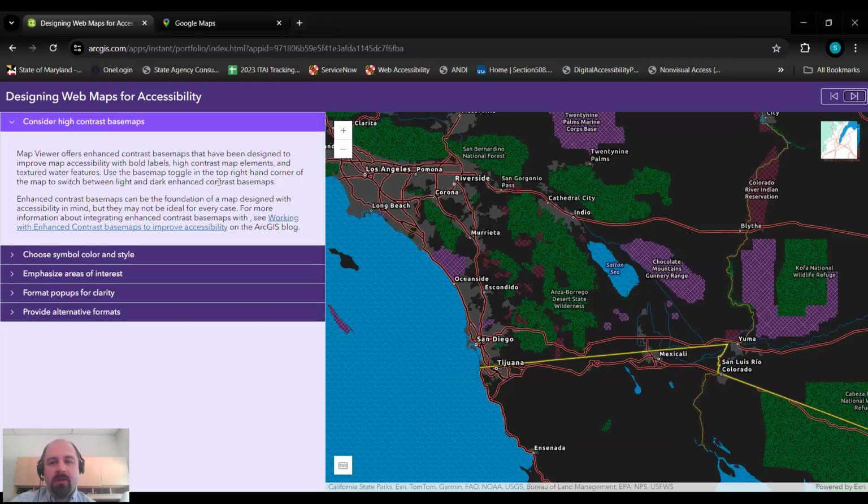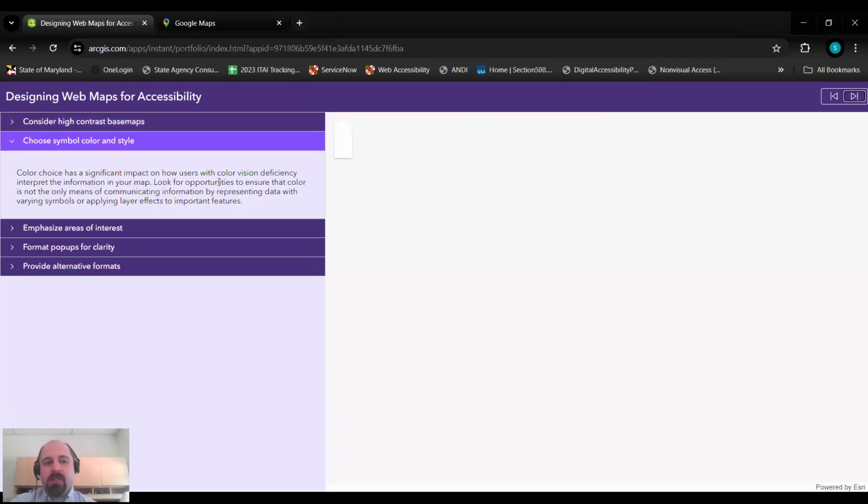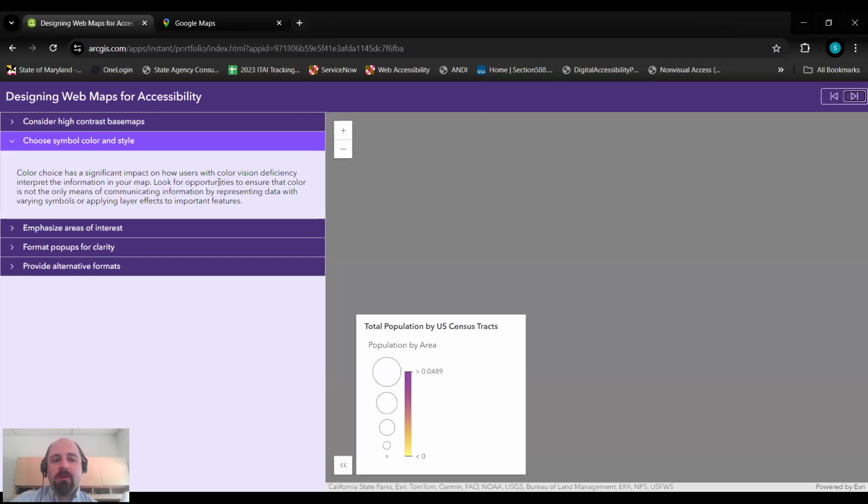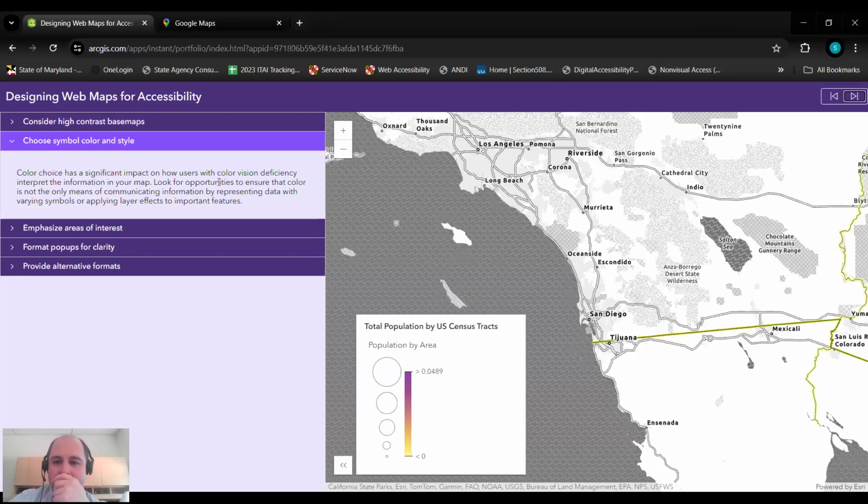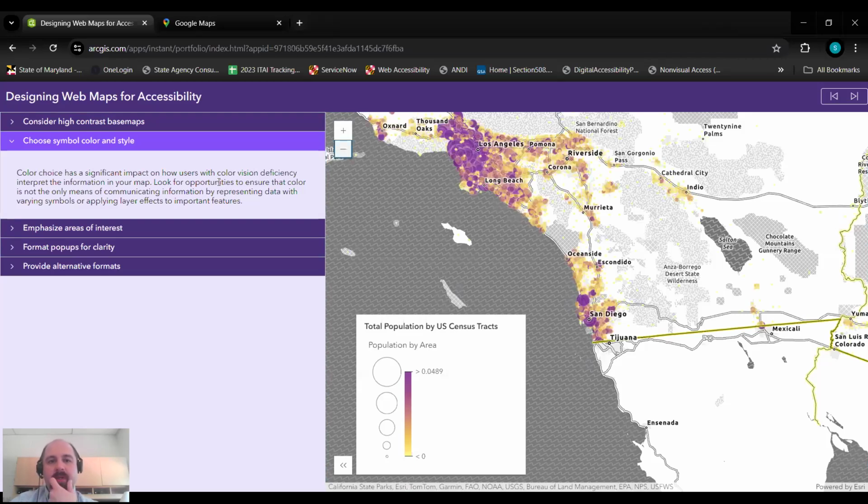So let me get back to the next button and press that. So, symbol colors and styles. This is a bit more about your data presentation, and hopefully it's loading correctly. There it is. There we go. Okay. So what they've done here